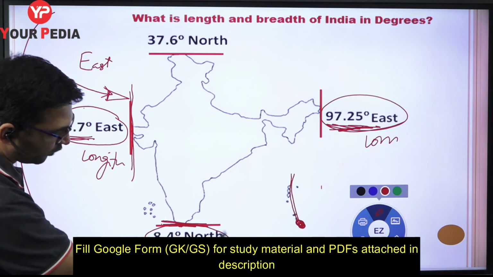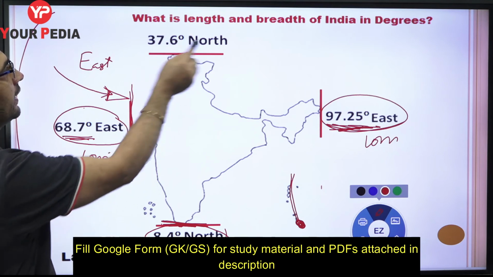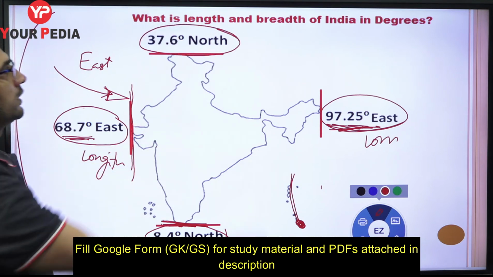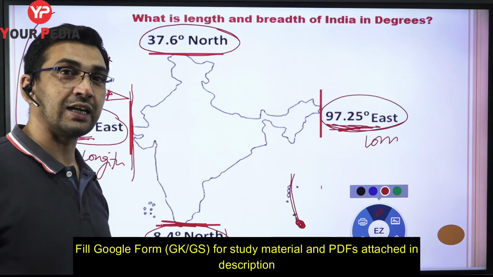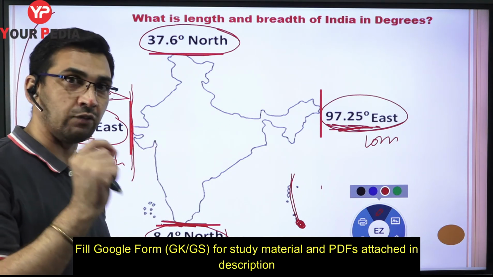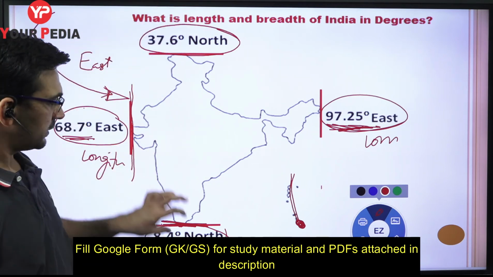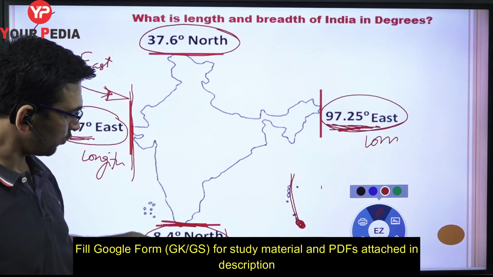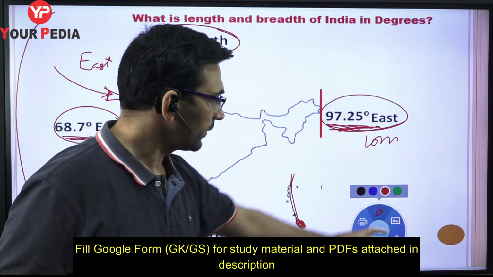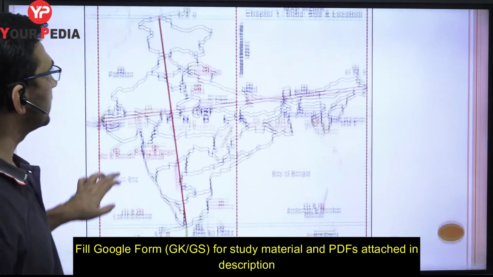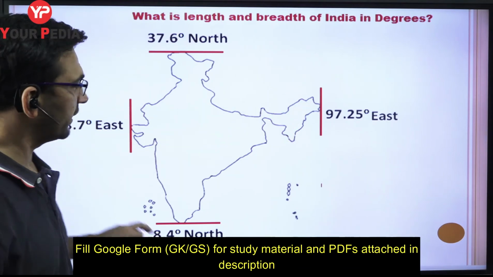So when we talk about the latitudinal extent, at what latitude? You are saying 8.4 degree north. Go on increasing the angle, then finally it extends up to 37.6 degree north. So if I ask you what is the latitudinal extent of mainland India, important, the word mainland. Latitudinal extent of mainland India means this minus this. It extends from 8.4 to this location. When we talk about India, north, south, east location is not going to change.